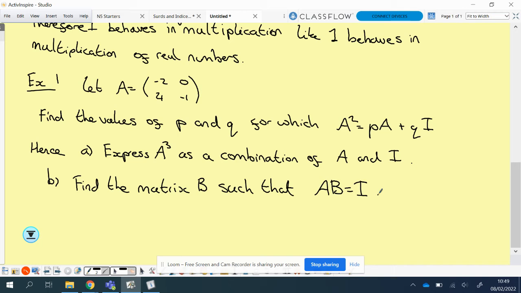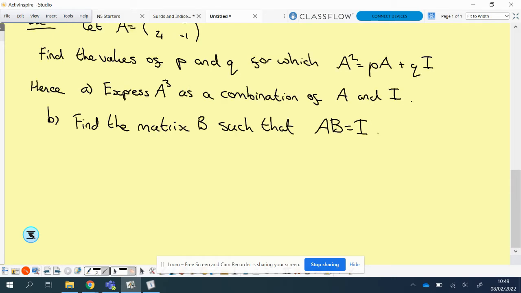Okay, so let's have a look at how we would go along doing that. Let's start with the first thing. I need to get a value for A squared. Solution: A squared is A times A, which means I'm doing a matrix multiplication of A, which is